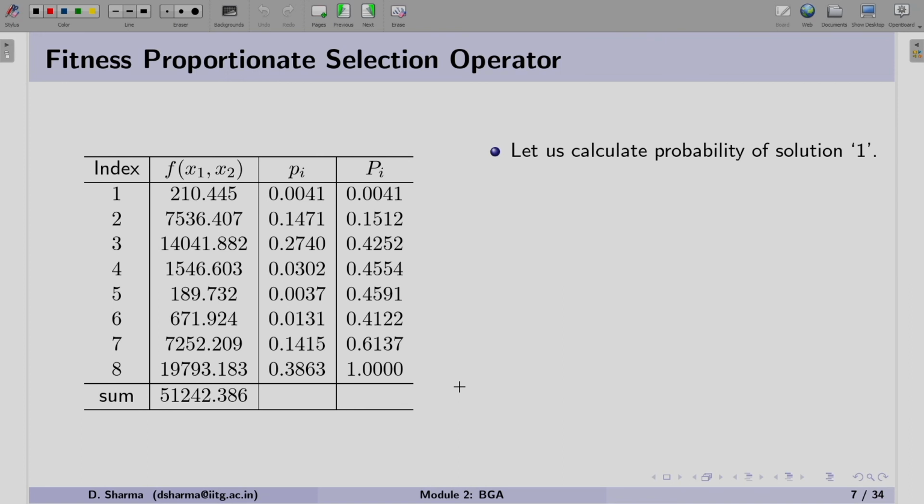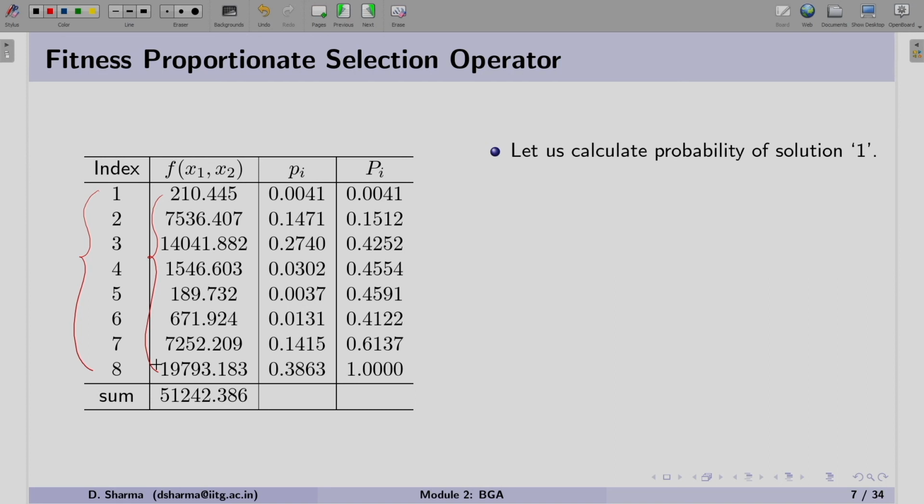So here we have taken the same population that we used in the example of binary coded GA. Now the fitness of all these solutions has been taken. Here it is important to note that when we have to perform any selection, we don't need any binary string or the decoded value of the binary string or the value of x1 and x2.